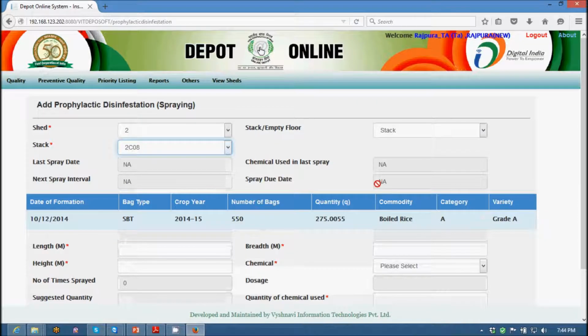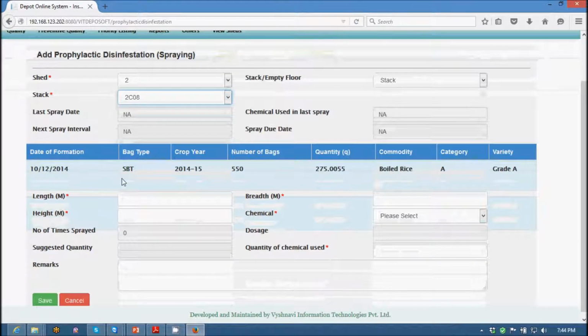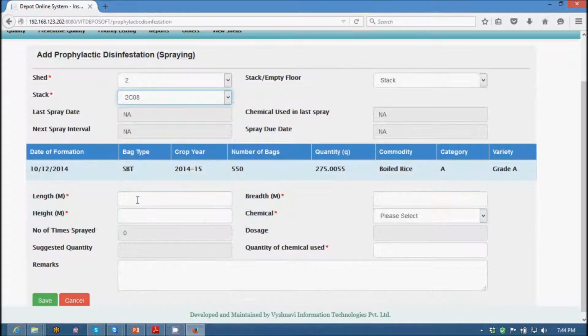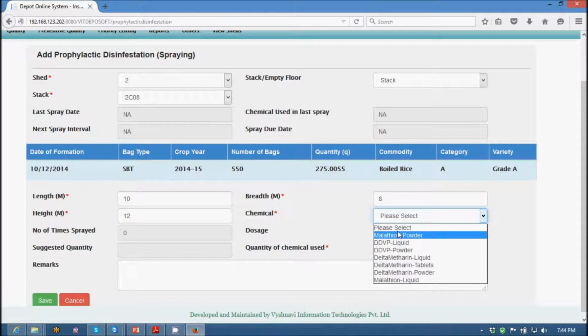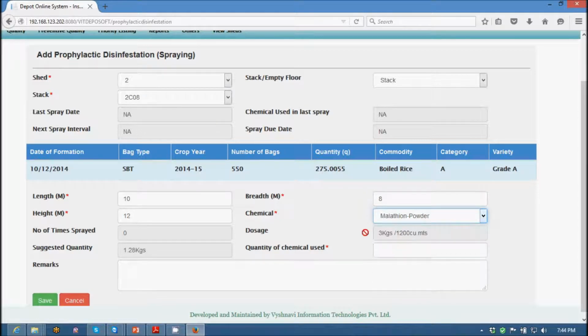Once we select the stack, it provides us the information about that stack on number of bags that are currently there. We need to tell the length, breadth and height of the stack on which we are spraying. So let's say length is 10 meter, breadth is 8 and height is 12. Based on these parameters and based on the chemical selection, let's say we select malathion powder, the system will provide us